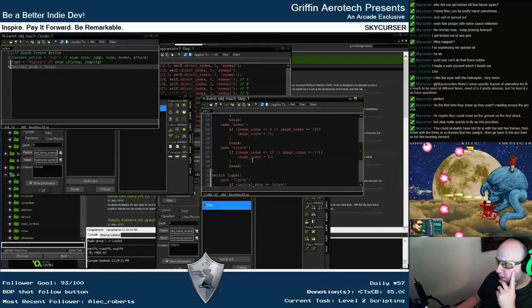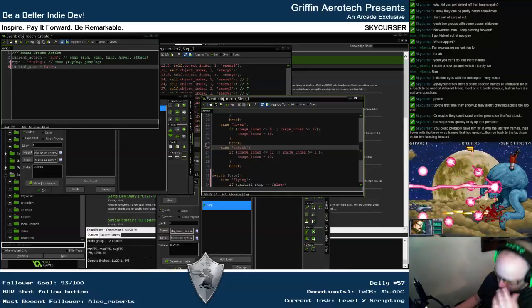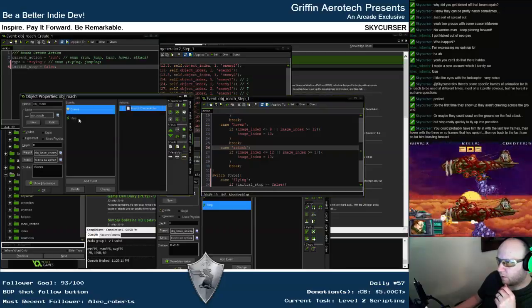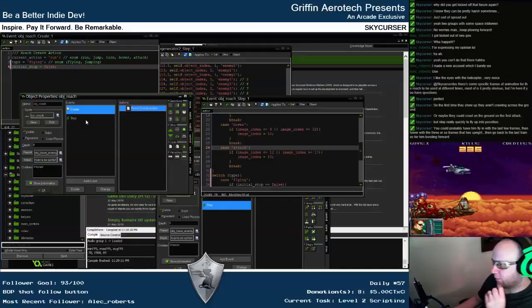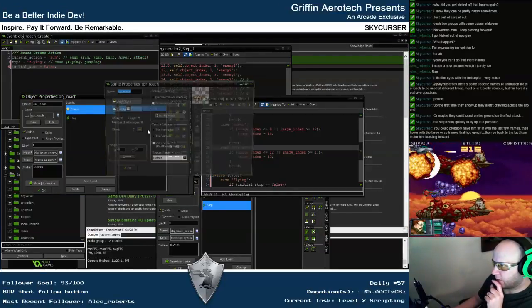And the other thing is, this attack may not be correct now that I'm thinking about it, because there's one frame where the attack is super quick. So there might need to be like an attack speed frame. I know this sounds crazy, but I've got to control